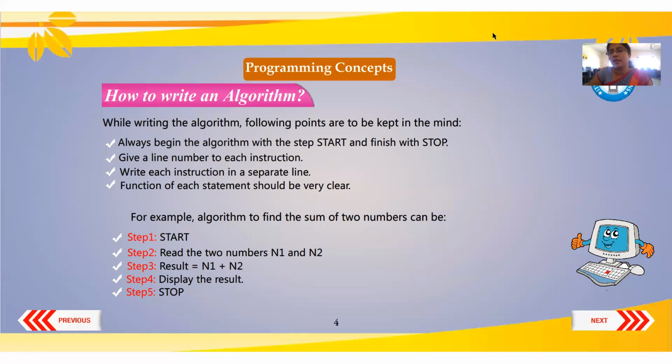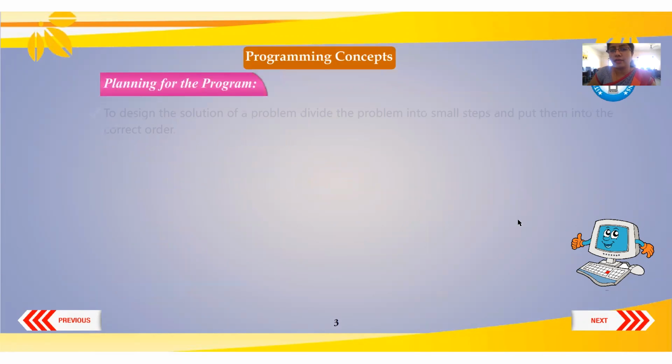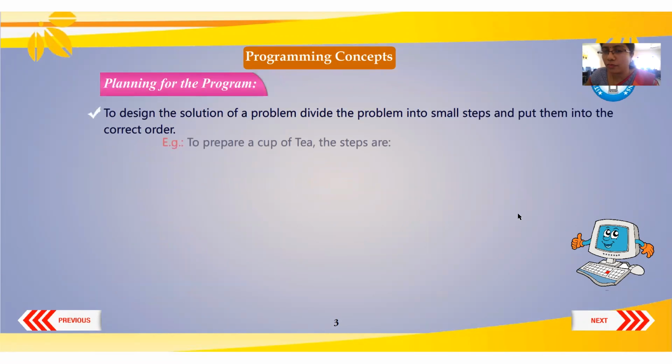Let us continue with our programming concepts and learn more about how we write an algorithm and also the flowchart. So let us get started. Until our last class, we understood about a program. Also, how to chart down the procedures, right? How should we chart down a procedure for the problem?